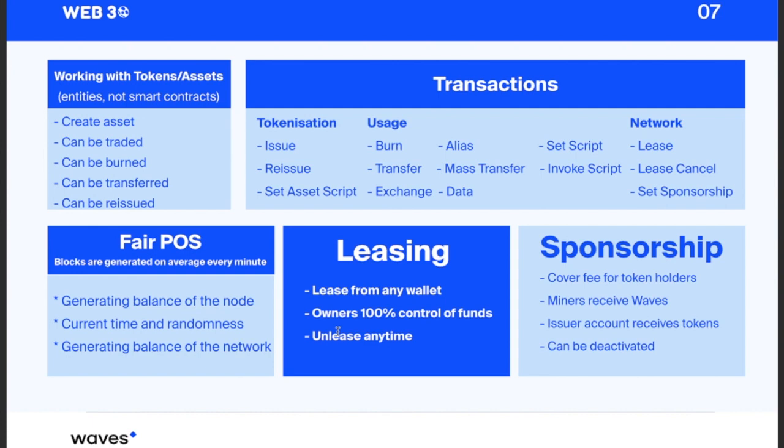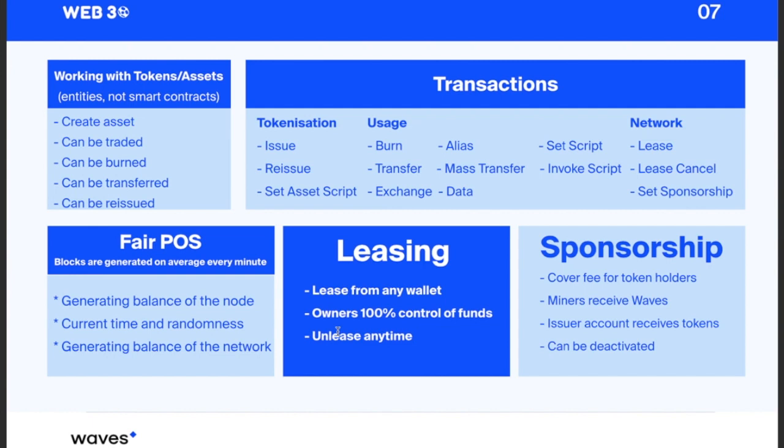Unlike on the Bitcoin blockchain, where blocks are mined every 10 minutes, on Waves blocks are generated, or mined, on average every minute. This is because Waves is a proof of stake blockchain. There are some features, some criteria, that determine how blocks are mined, because anyone that intends to run a node